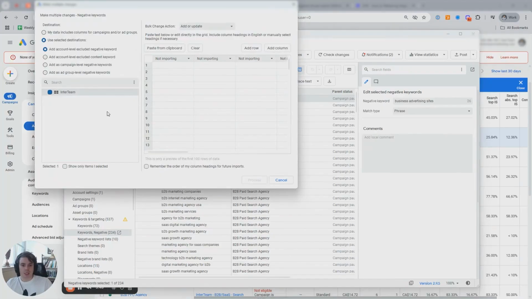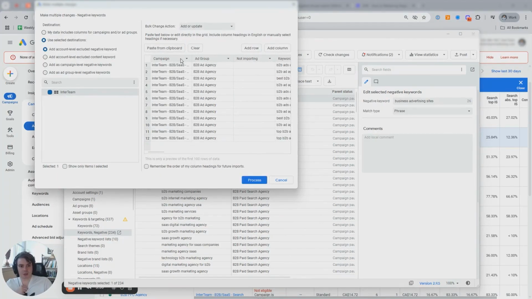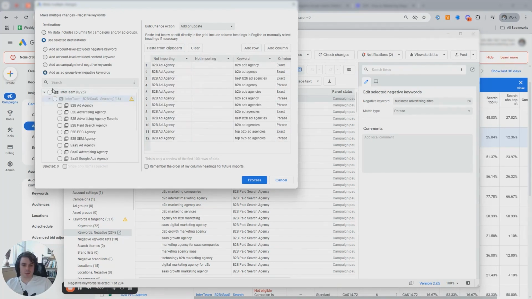I've already highlighted the positive keywords from the other ad group and Control-C copied them. And then what you'll do is simply go into each of the, first of all, you will select all of